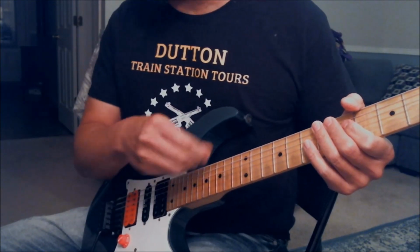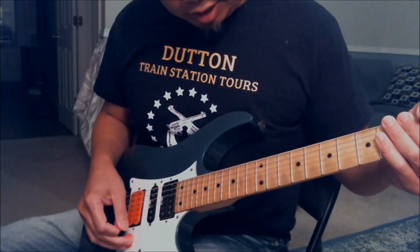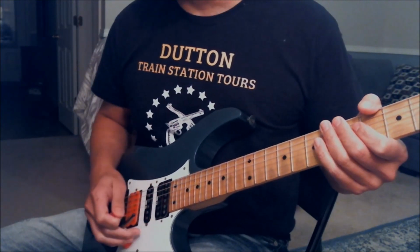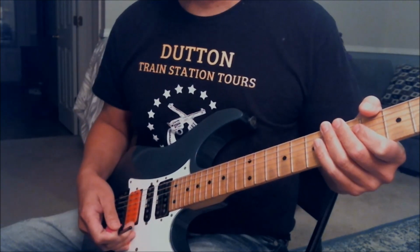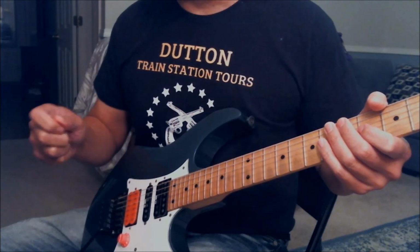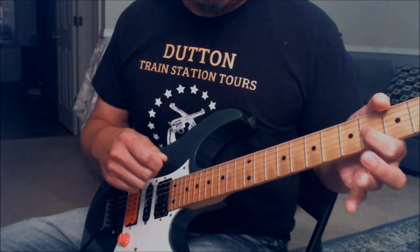Once you do the alternate picking, slide it down. And you'll play the open G string. You bring your bar down, and you hammer on the 4th fret. You release the bar up, you bring it back down again, and then you pull off from 4th fret to